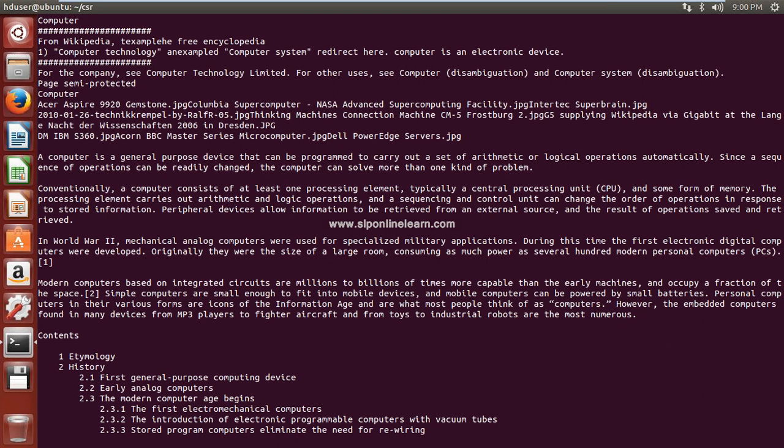Next step, use the key r, means press the key r. If you press r, you don't see any difference here. Yes, now it is ready. Now the command is activated.